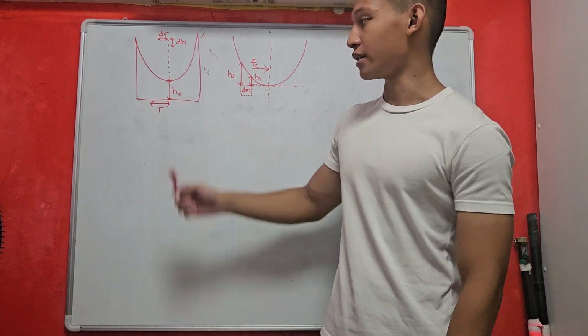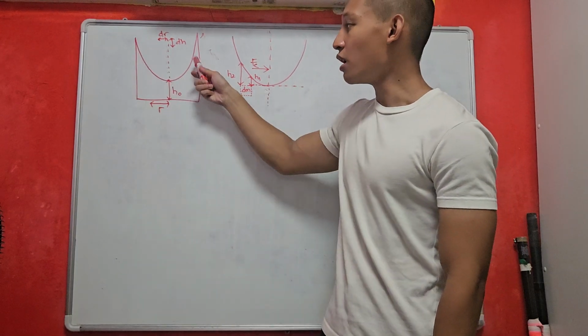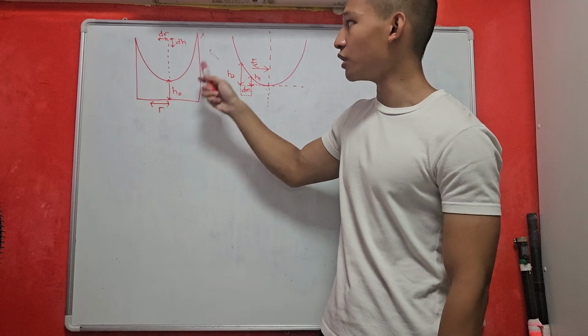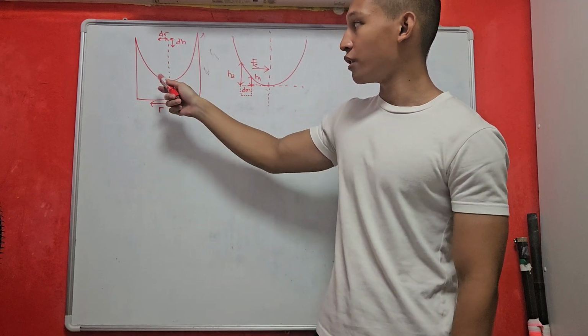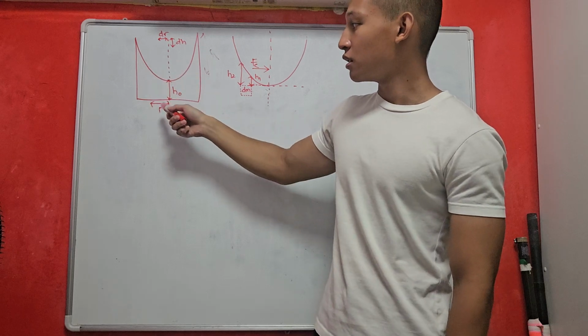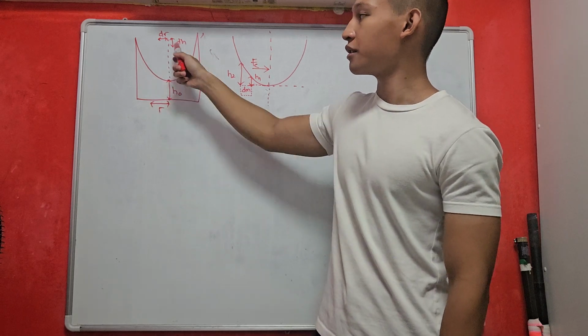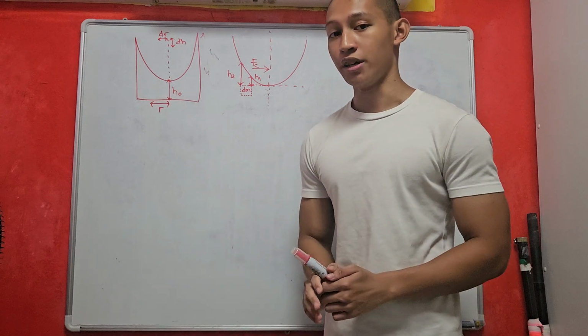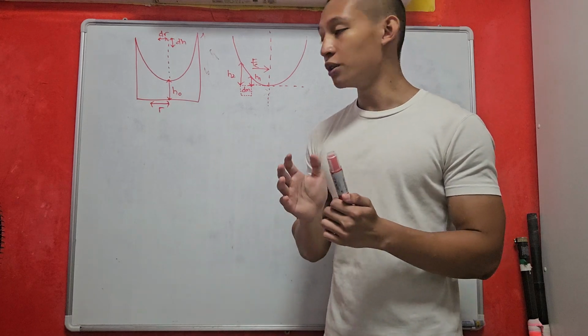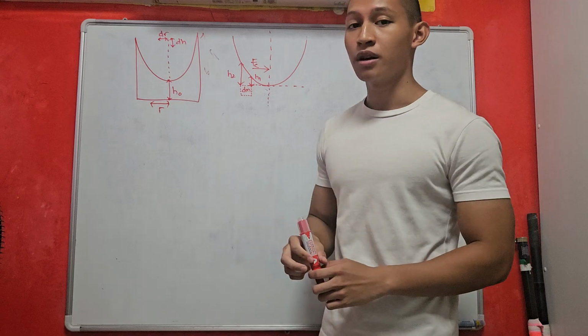Now let's take a look at this diagram. So the minimum height of the hyperbola will be h naught, the infinitesimal of the height will be dh, the radius of the hyperbola with respect to the center will be r, and the infinitesimal of the radius will be dr. The way we're going to approach this question is by taking a look at an infinitesimal cube